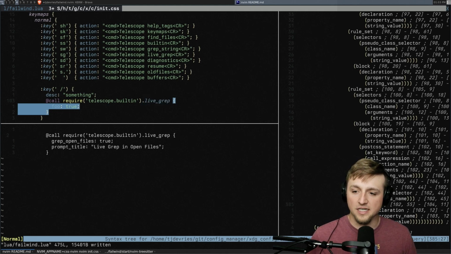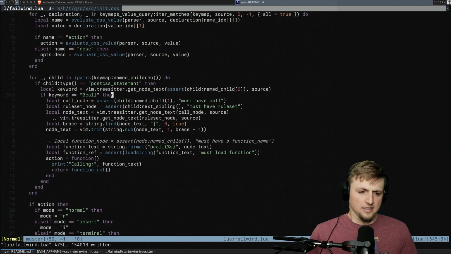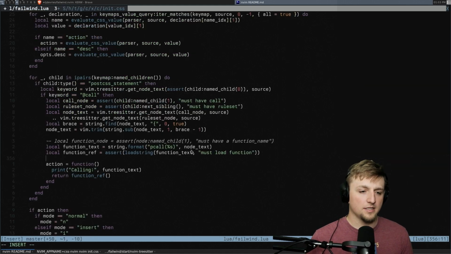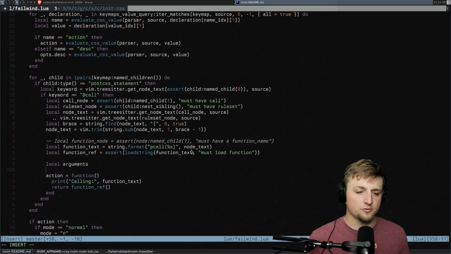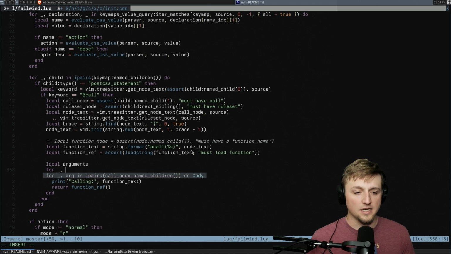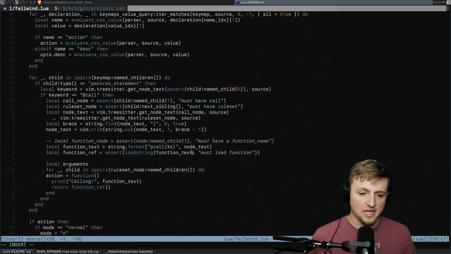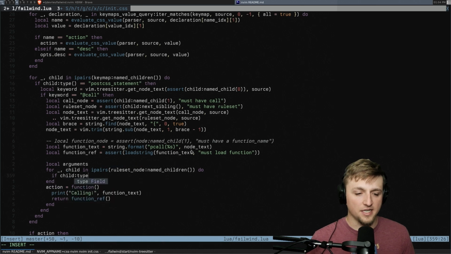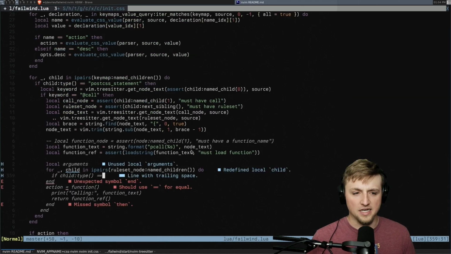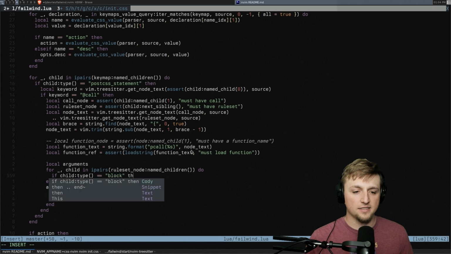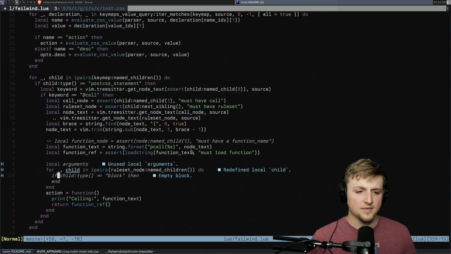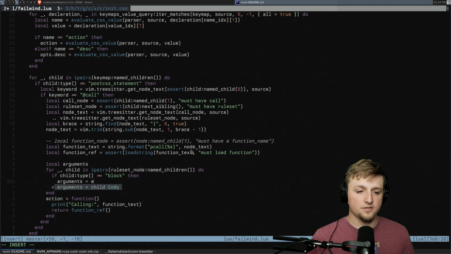And we can do, we're just looking for the block. We're looking for the block inside of here. So we can go local arguments. And so now for children of the rule set, for child in ipairs here, and if child type is equal to block, that's what we want, right? Block, then end. And we want to do arguments equals evaluate